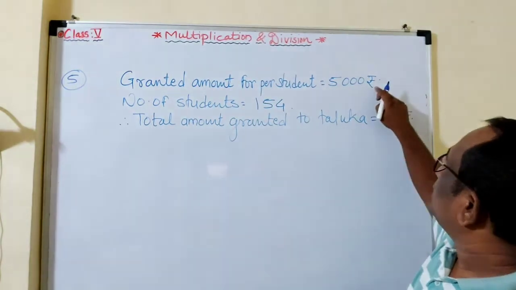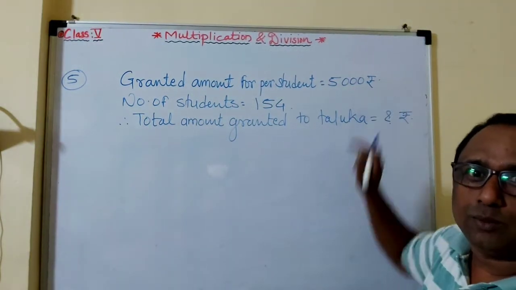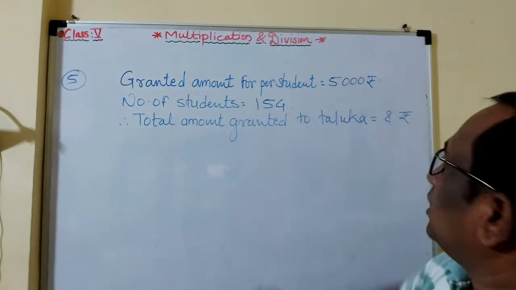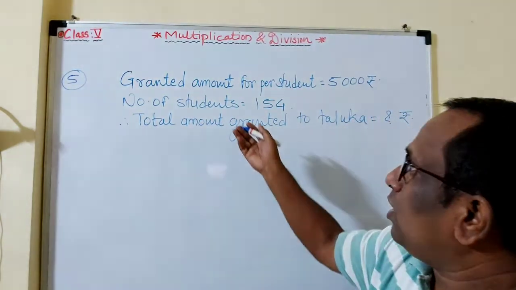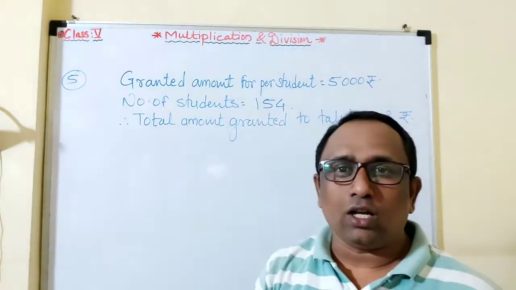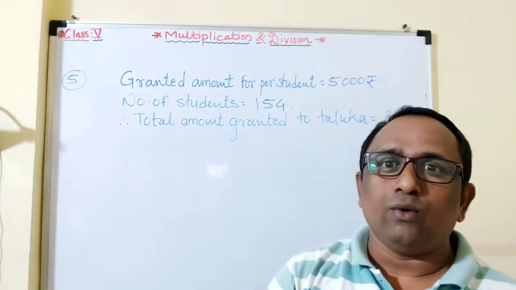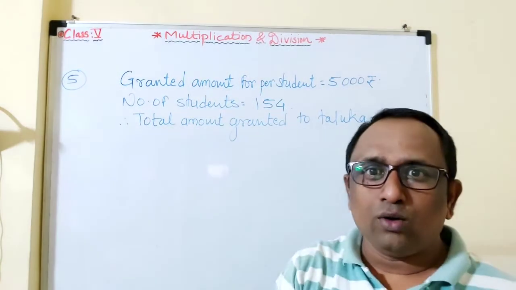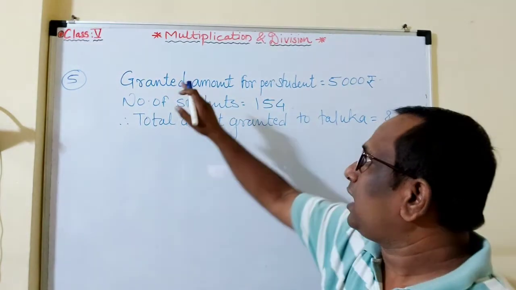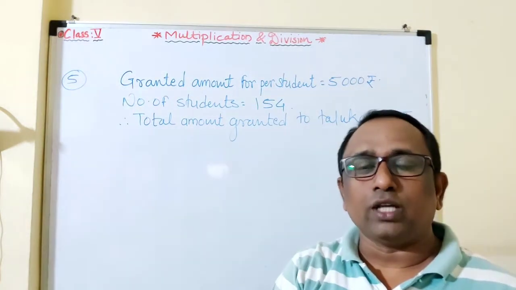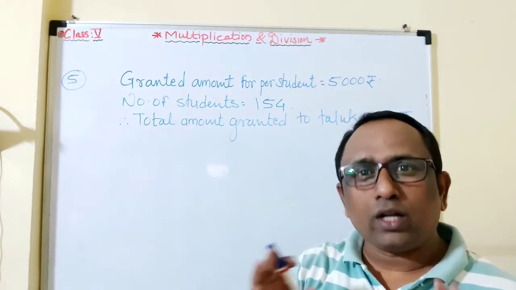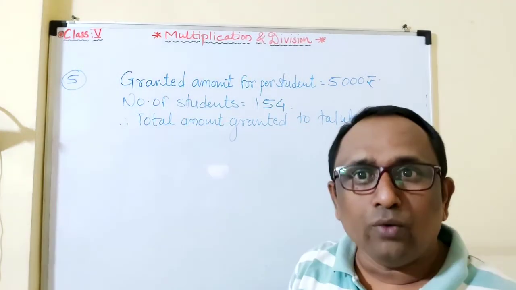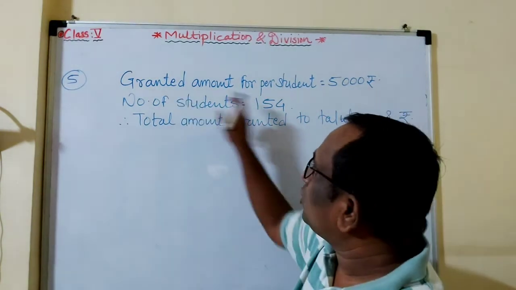Always give this rupee symbol. Make this habitual, students. Give the rupee symbol. Don't write RS. This is the government approved symbol. Try to write the rupee symbol. Now, when we were writing the examples, with the given things that I found, I used some of my own words. It is not necessary that it should be exactly the same. Whatever you learn from that example, the given things you have to mention in your own words. Now we'll solve this.